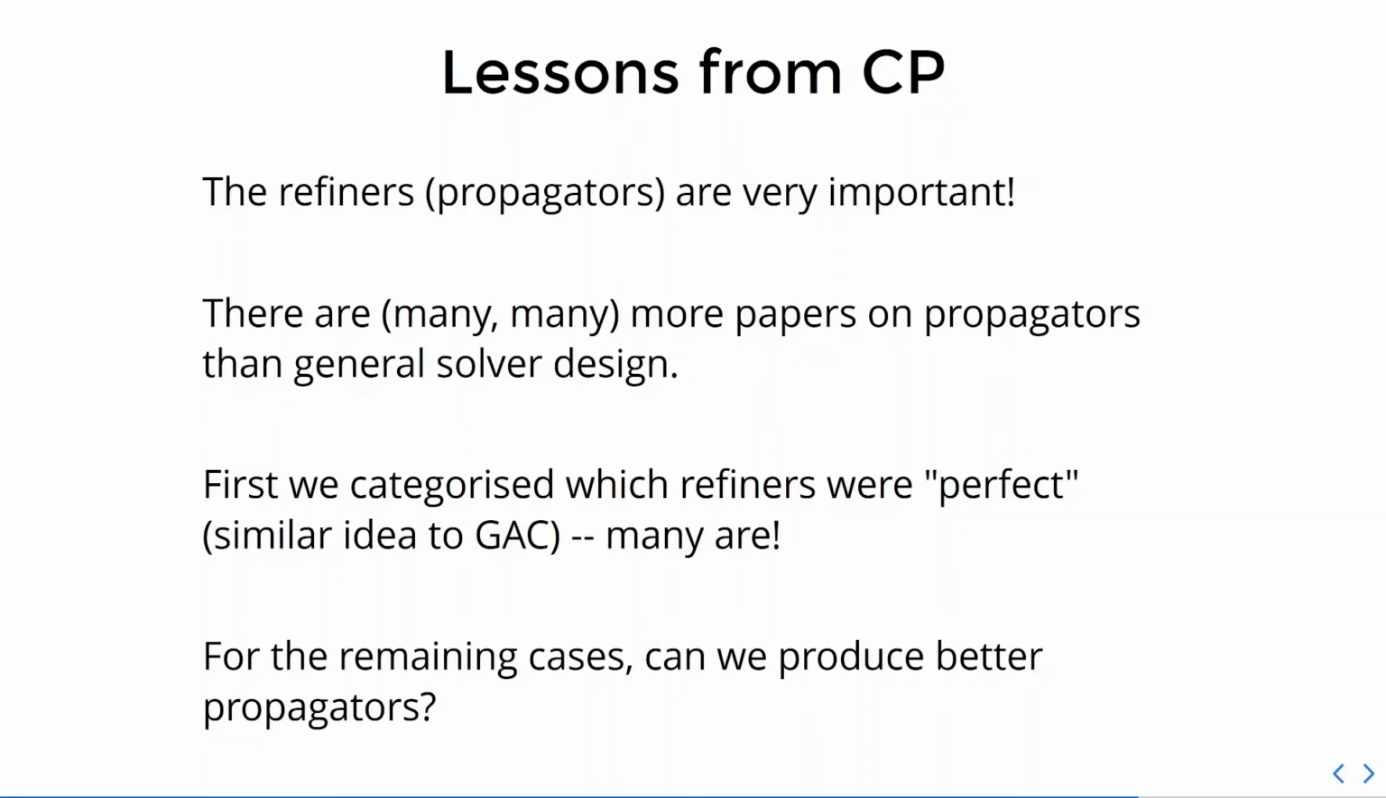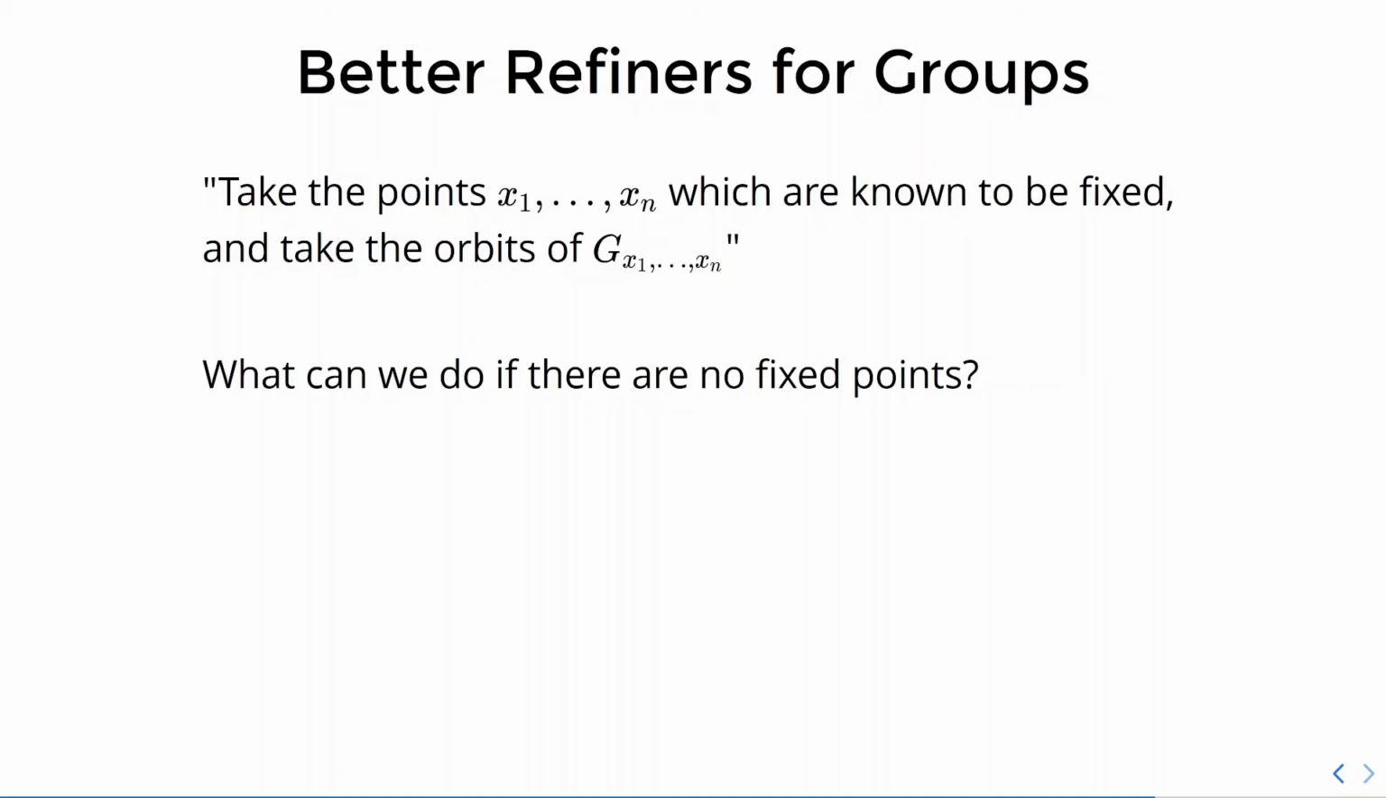In some cases, we could prove the best possible propagator would itself be graph isomorphism complete or NP complete, so we couldn't hope to use it in practice, but we could get much closer to it. As an example of a better refiner we came up with, let's consider the refiner for a group given by a list